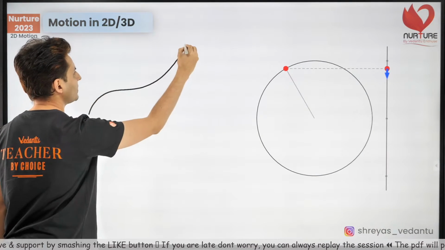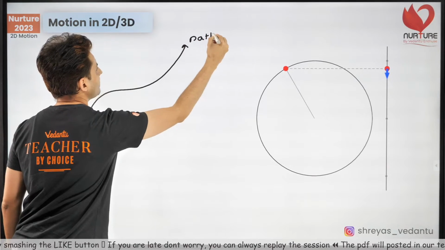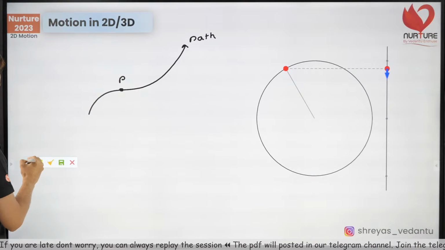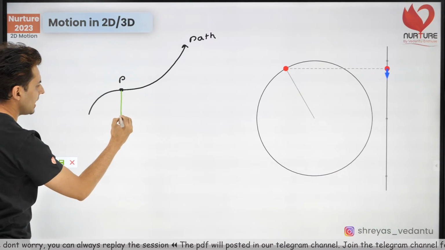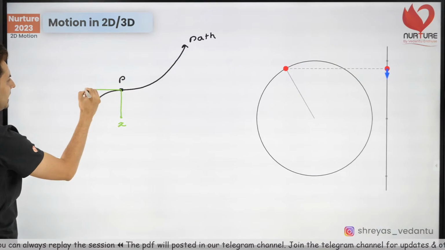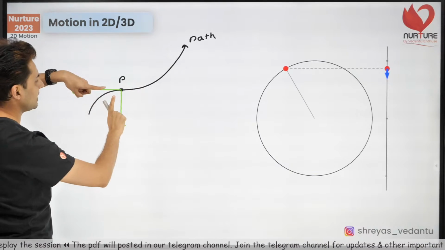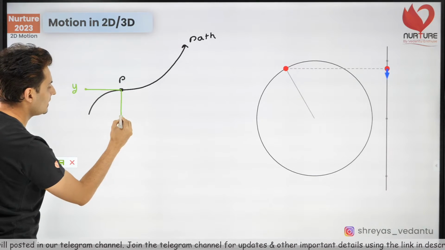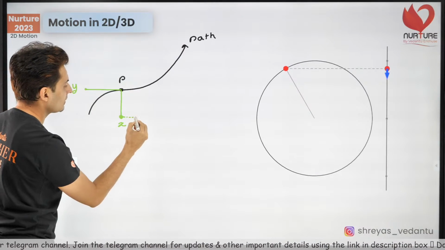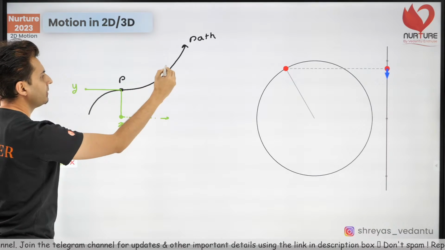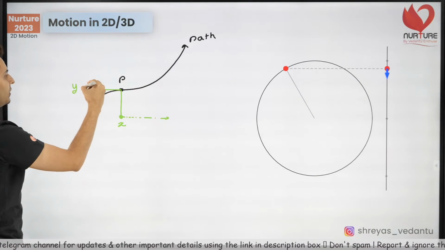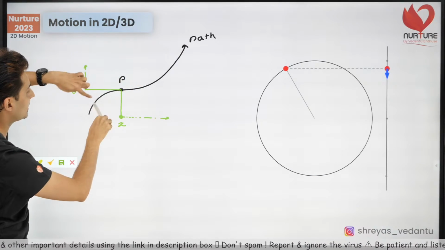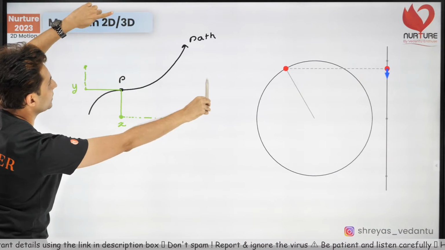Imagine a particle is going this way. This is the path taken by a particle. If right now the particle is at position P, obviously it has some X coordinate. Obviously it has some Y coordinate. The X and the Y coordinates are here. Now as the particle moves, won't this point, which is that X coordinate, also move along with it? And as this particle moves, don't you see this Y coordinate will also move, so that as this particle P moves along this black line, you will see the X and Y coordinates will change.